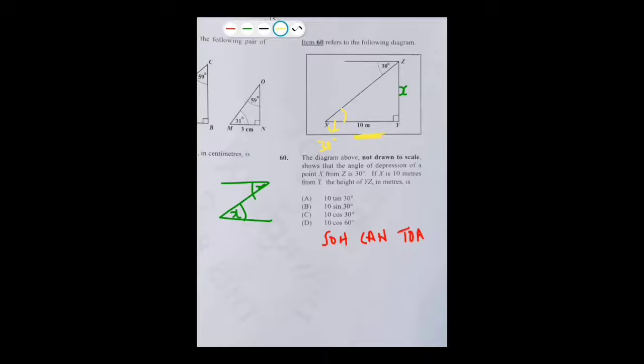From there, we now need to find our YZ. We have our angle at X, we have our base as 10, and we have our X. Looking at this, our X would be our opposite, and our base would be our adjacent. That is using our 30 degrees at X, our angle at the bottom. So we can already tell it's going to be TOA, which is tan, because we're going to be using opposite and adjacent, and tan is the only one that has that inside of it. So writing our equation,